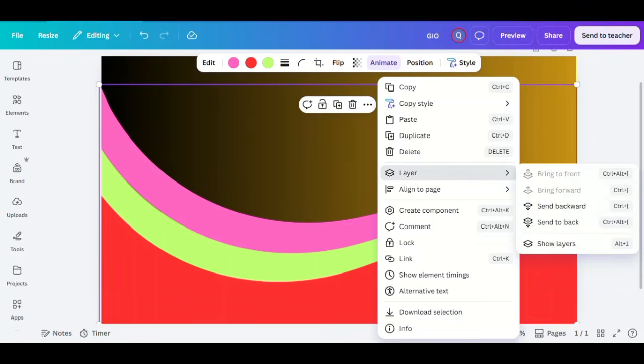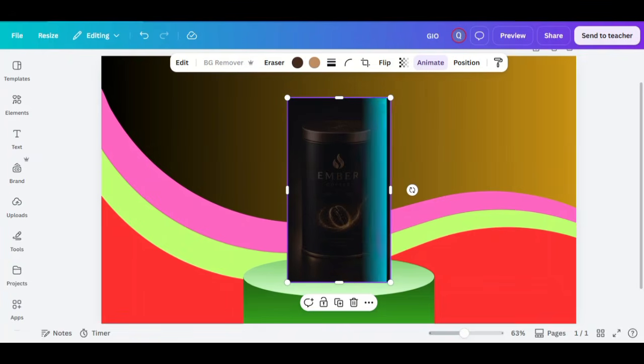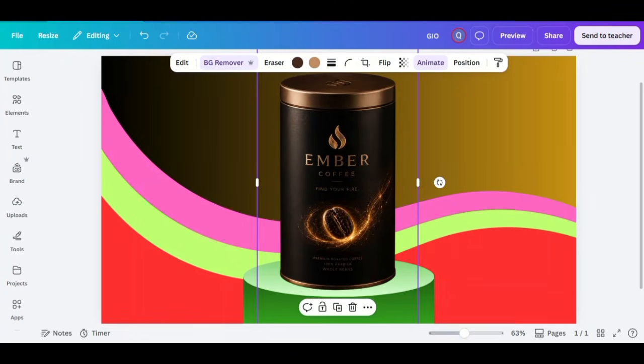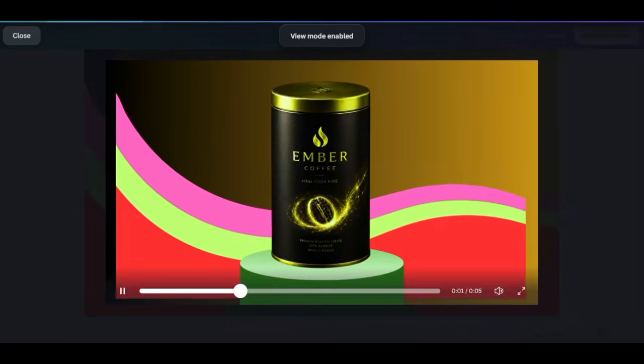Now upload your product image and position it prominently so it remains the main focus. Next, add an elegant headline, a short product description, pricing, and a clear call to action using clean and stylish fonts. Keep the color palette limited to